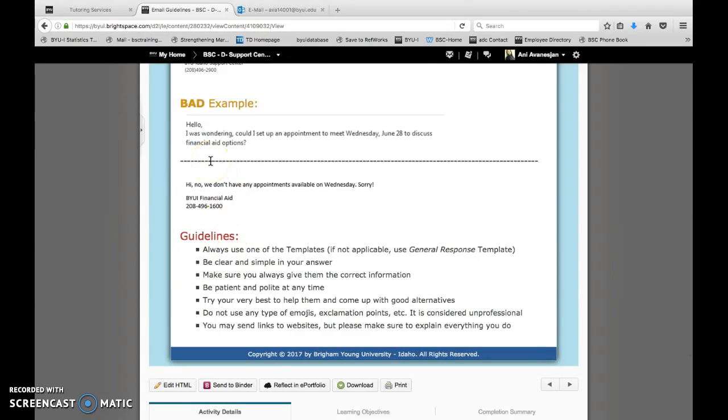This student is wondering how they can set up an appointment to meet with a financial aid advisor on June 28th. And one of the bad examples is if the employee would say, hey, no, we don't have any appointments available on Wednesday, sorry, and that's it. We don't see any polite ways of saying this. This is pretty impolite, very unfriendly. Also, there is no name of the employee who has answered,